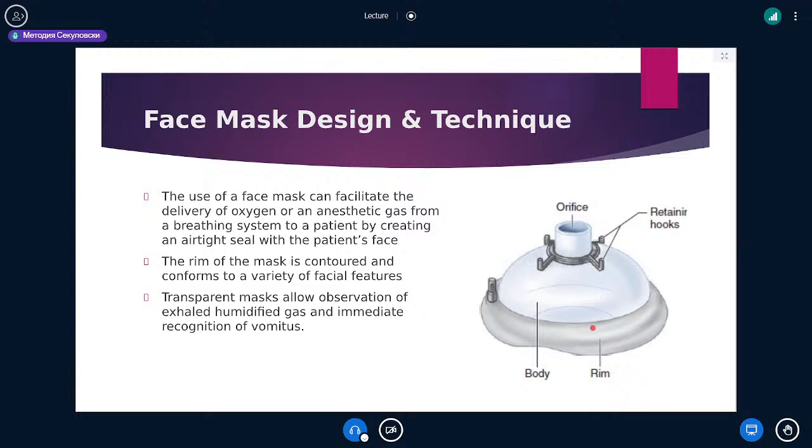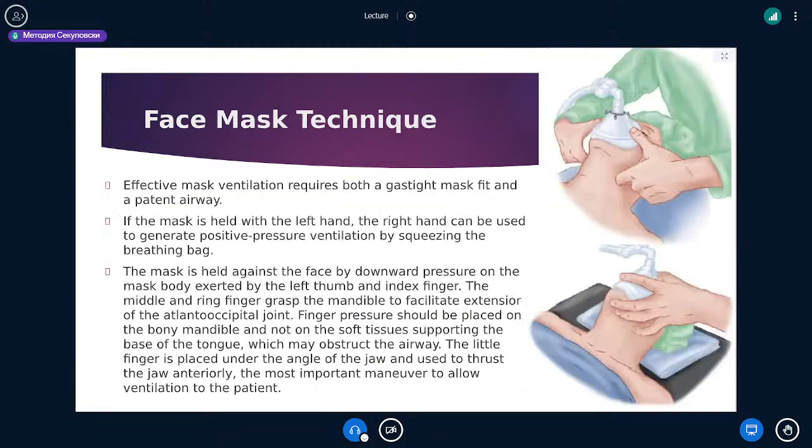This is very, very important because when you're working with anesthesia, a lot of patients, as I told you last week, 12 hours before the operation we tell the patient to stop eating food. 6 hours before the operation, they must stop drinking water. This is very important preparation for anesthesia. About the face mask,